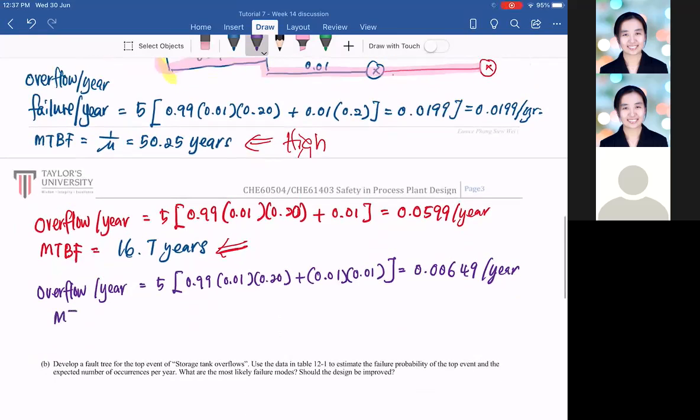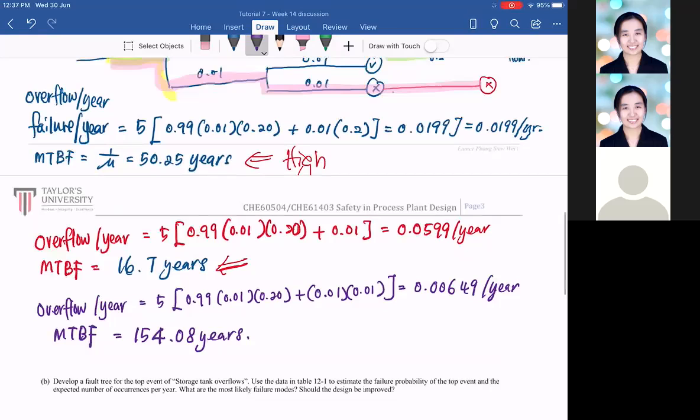MTBF would be 154.08 years. Just by separating, you can see from here the difference between this and this is that we